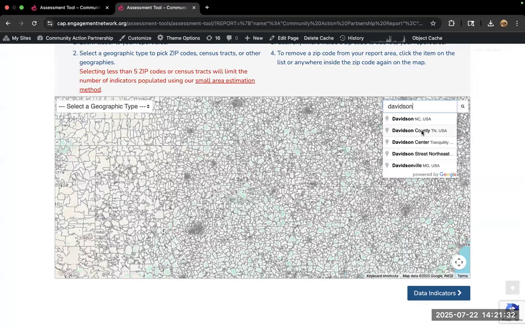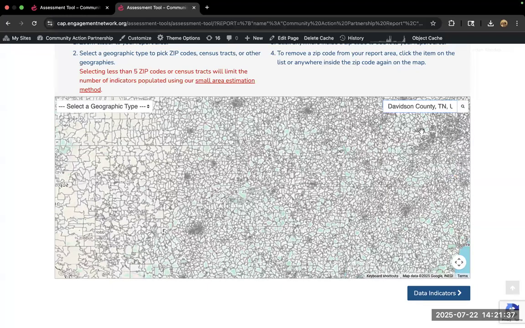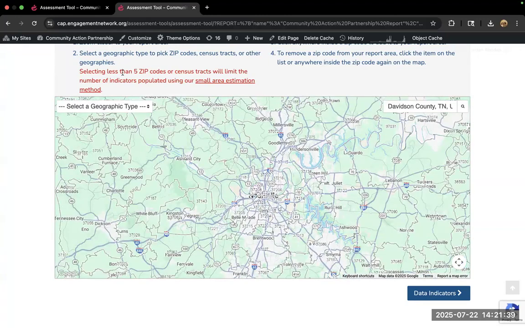And so results are going to populate as you put your location in. In this search bar, you could search for a specific state. You could search for a county name, a city, a zip code. It should even pick up street addresses, though that would probably be a little too narrow.